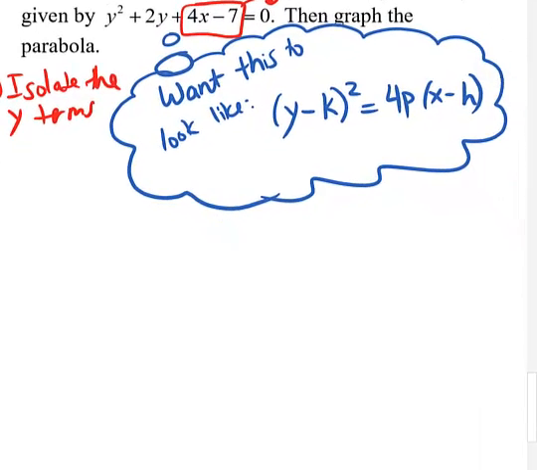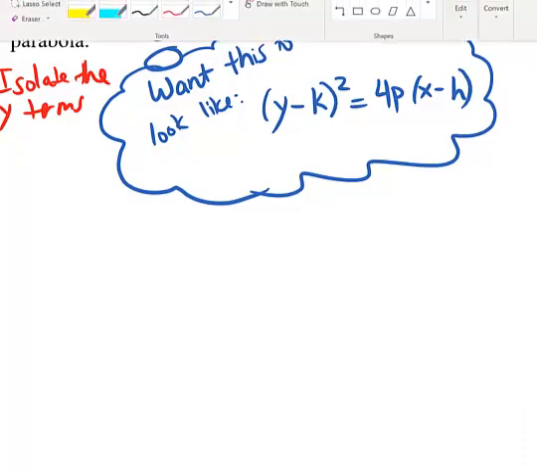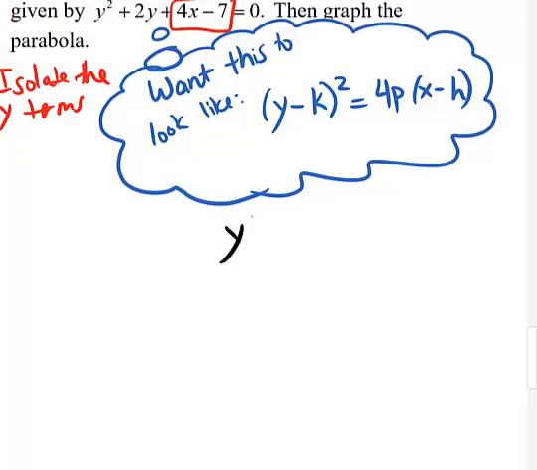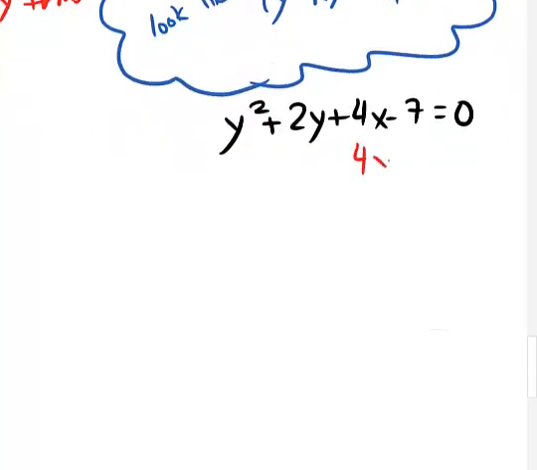Okay, so let me do that down here. As I write the steps on the left, I'm going to follow them on this bottom area. It's y squared plus 2y plus 4x minus 7 equals 0. So okay, I need to move the 4x and the 7 over so that the y terms are all by themselves, because unfortunately what I need to do is